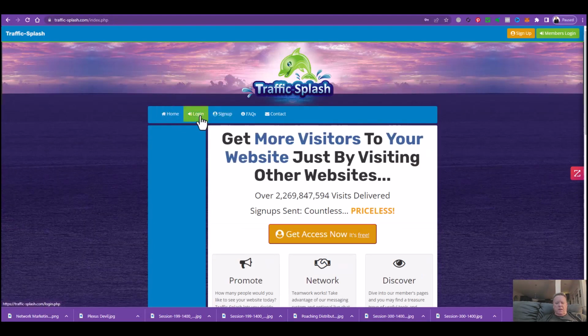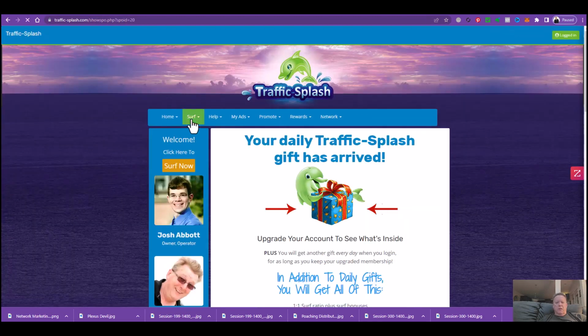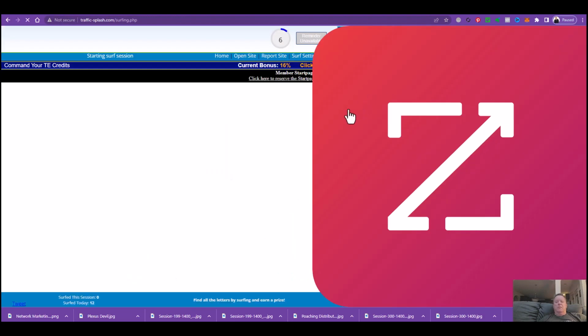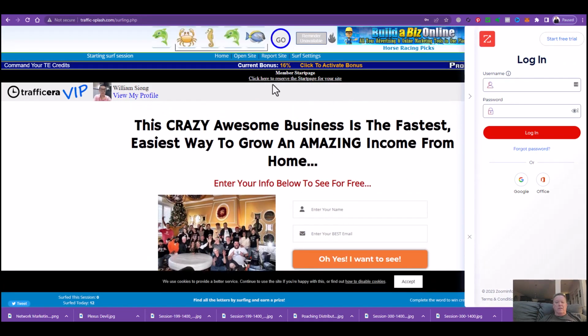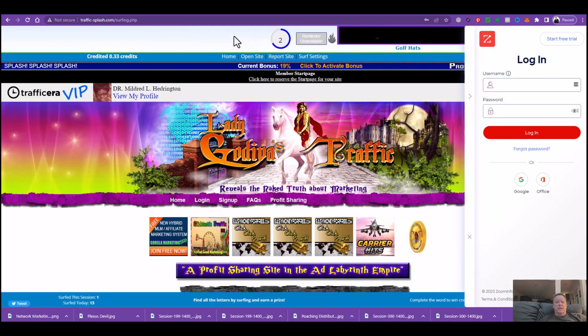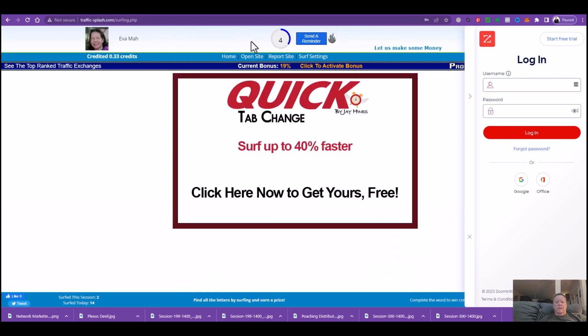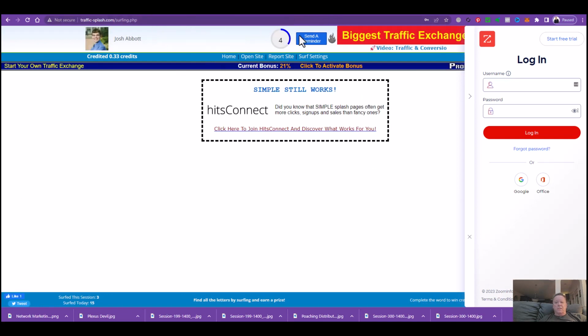When you surf these sites, so I'm just logging in and I hit surf. I mean, most people are not even looking at the sites. When I pull up multiple sites, I don't even have a clue what I'm looking at here. I don't even take the time to read it, right? And this is what most people are doing. They're just clicking as fast as they can. All they're trying to do is create eyeballs on their site for the most part. So I don't even read this stuff. I'm immune to it. And especially if I'm pulling up multiple sites like I was showing you a few minutes ago.